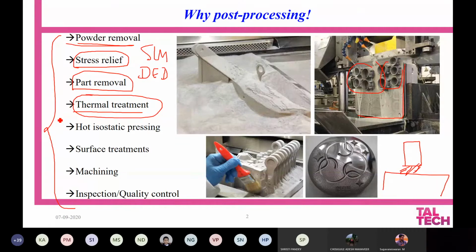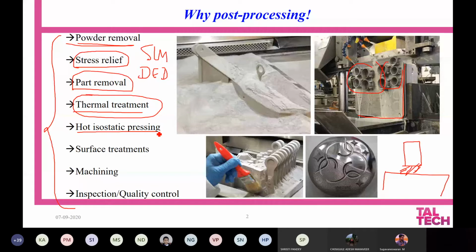And then we may also consider hot isostatic pressing. This is one of the thermomechanical treatments because it might be very essential and useful if your material is going to have a lot of porosity.